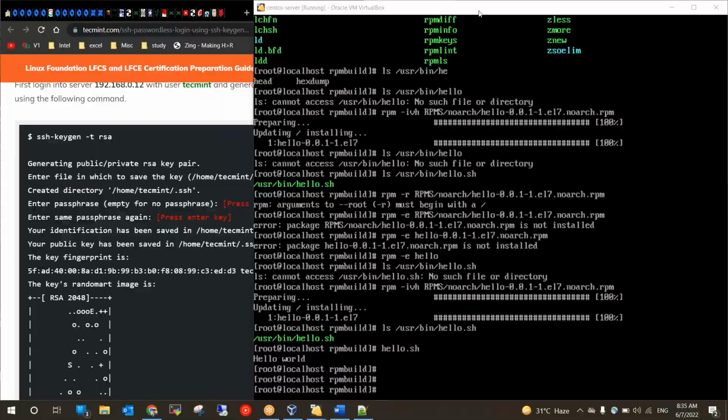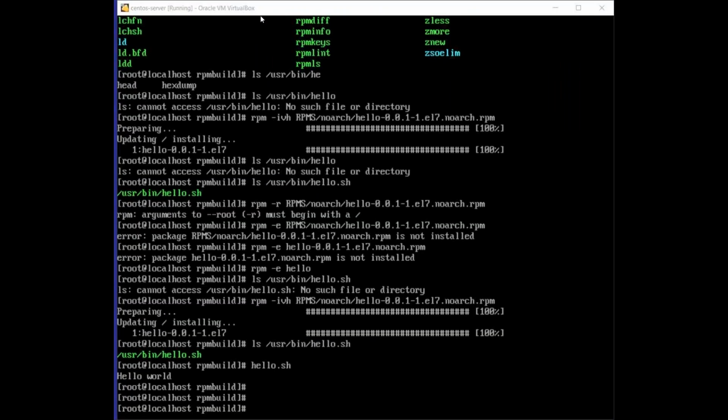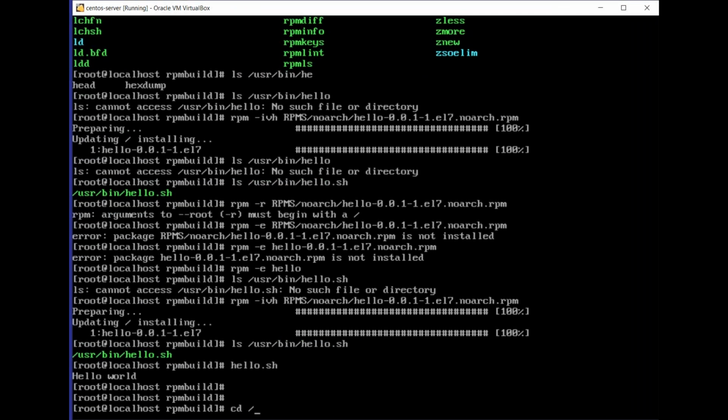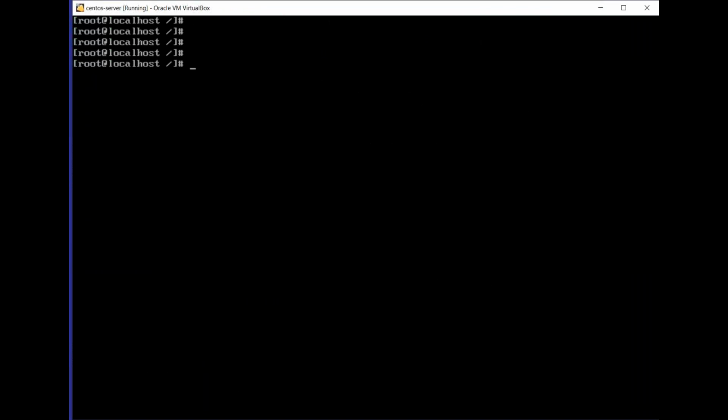Where is my server? This is a CentOS server. Okay, let me share the screen. CentOS server, yes. So we are in the server right now, and in the server, I'm going to generate